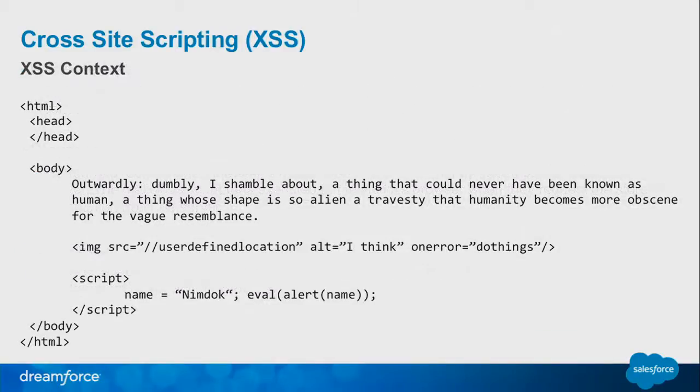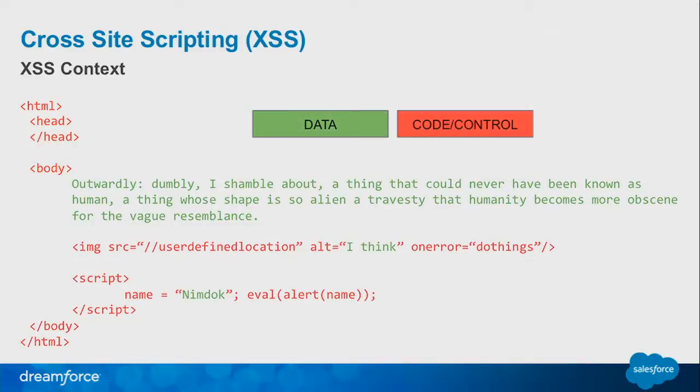What I mean by that is, when you're looking at the context, here, for example, you have this HTML page, right? There's your HTML blocks, there's your script block, there is an image source. If you look at it, this is both data and code, meaning there could be part of this page that could be coming from the user, that you want to display based on what the user wants to display. So for example, if you only wanted the user to be able to specify the name in the script block, what's happening